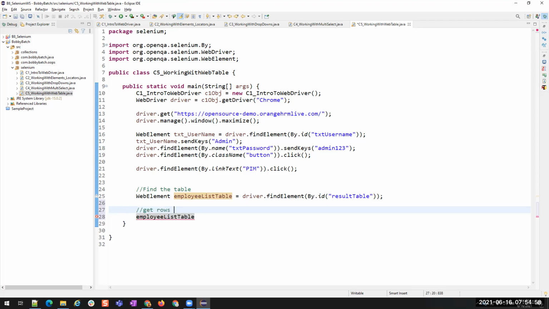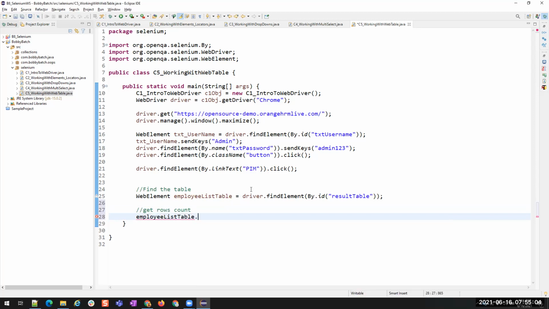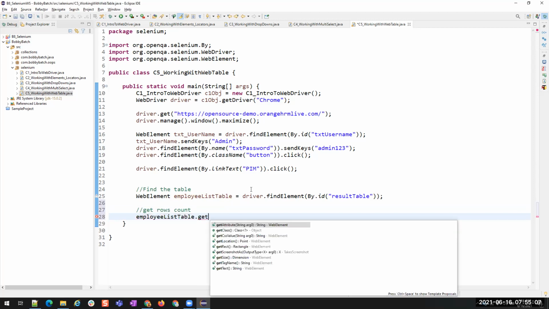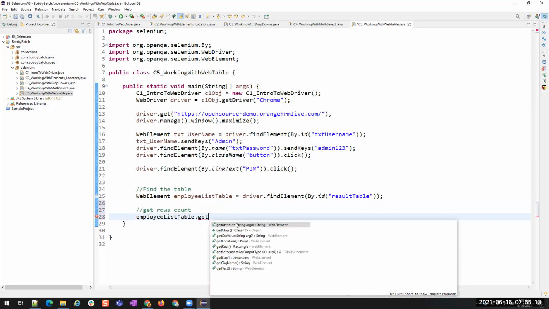Get rows count. Okay. So how do we represent a row? We do not have any direct method, get row count. Do we have it? Do we have any method for getting the rows count directly? Get attribute, get class, get CSS value, location, rectangle, screenshot as, size, tag name, and text. We do not have any method which gives us the row count.